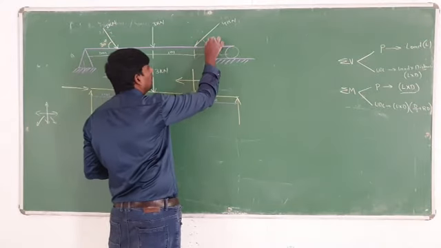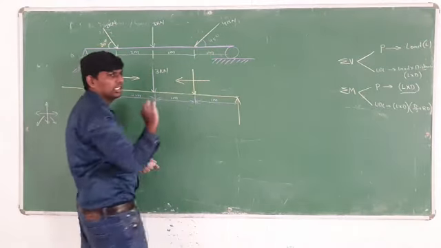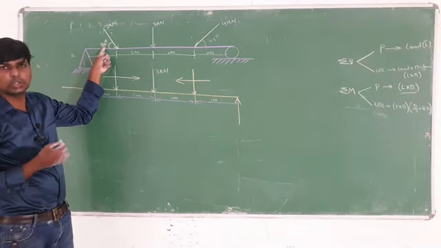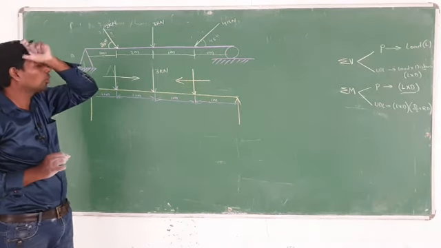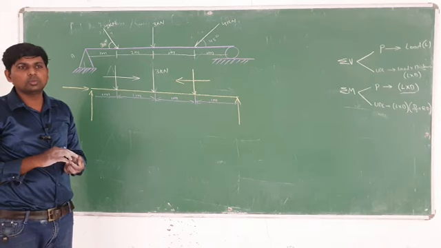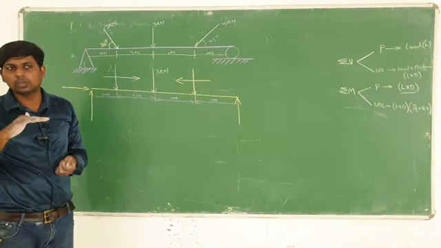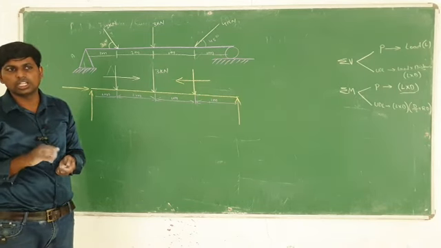You have to take 45 degrees. How much do you have to take? If something is given, here 30 is given, I took the 30. But whenever it is not given, what do you have to take? 45. And you have to remember, horizontal you take as cos and vertical you take as sine.